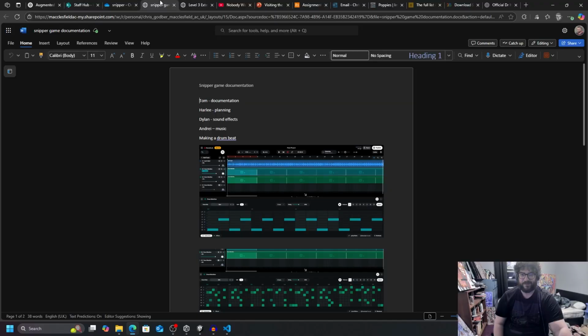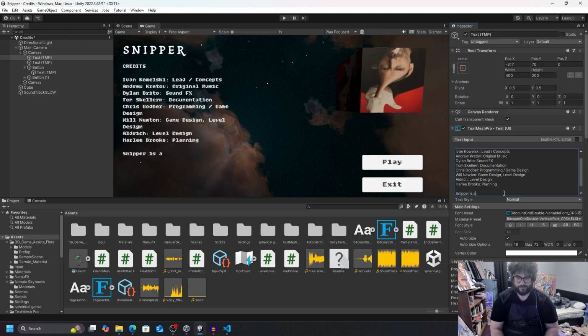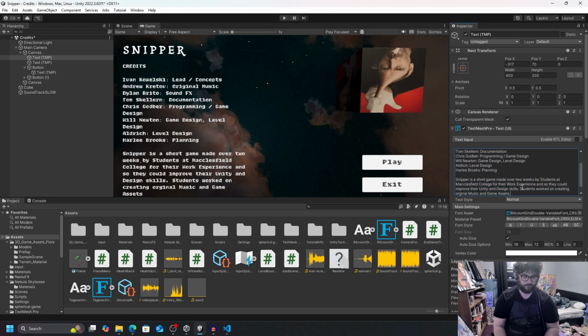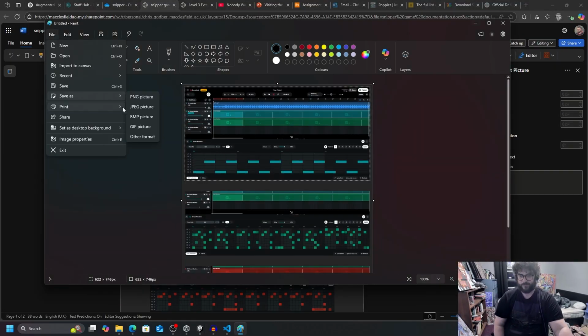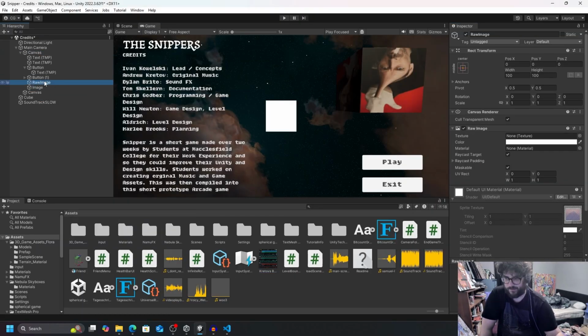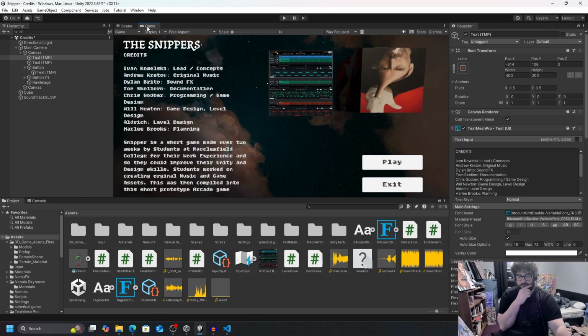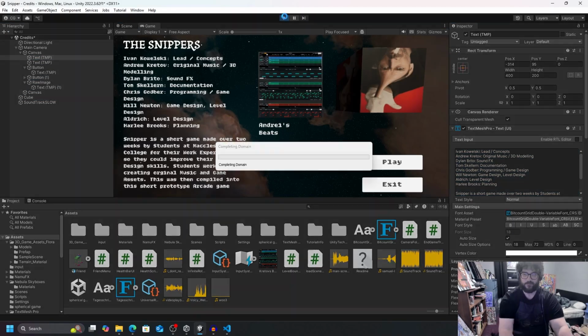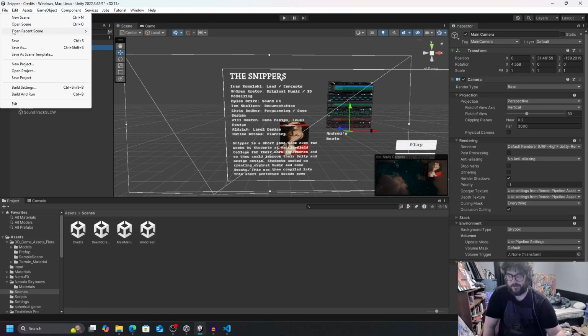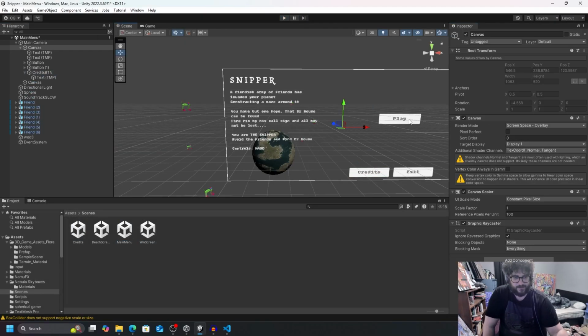Adding the credits for all the students that did all the asset stuff and provided the starting point for the prototype. As I said before, I'd never expect them to do all the development. That would be a ridiculous expectation, just a bit unfair, unless they're really, really keen. Provide a bit of context there with the screen, put in some of the screen grabs that they provided, and the music that one of the students made.